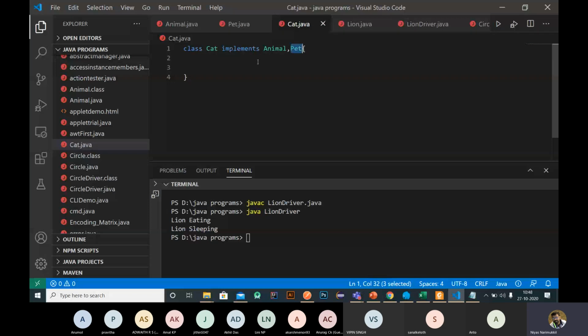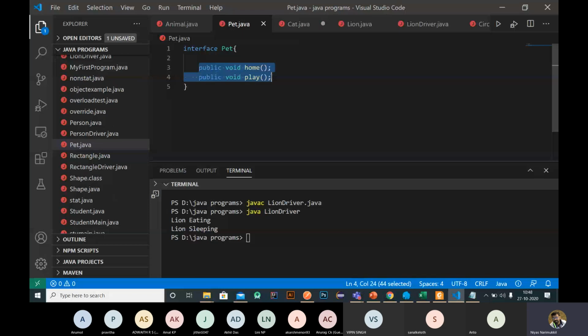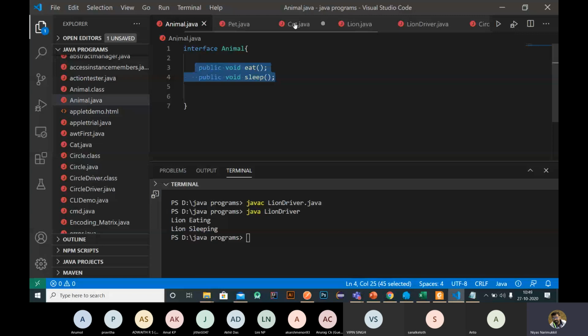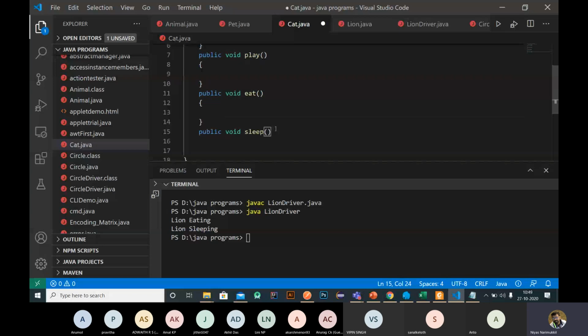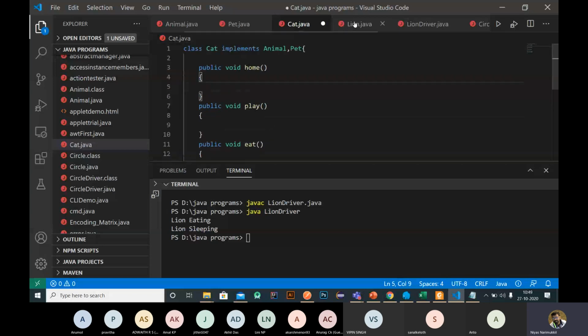So we need to implement these two methods, and then we need to implement these two methods also. You have to implement. Okay, so insert this, just using a print statement.